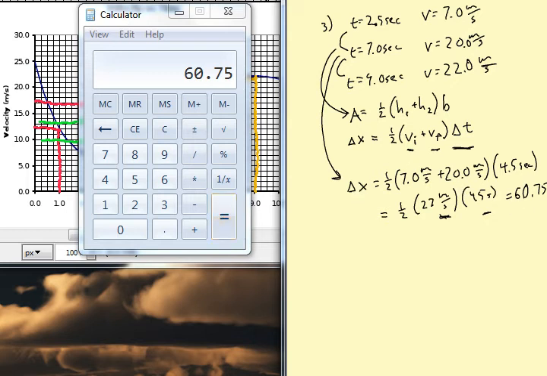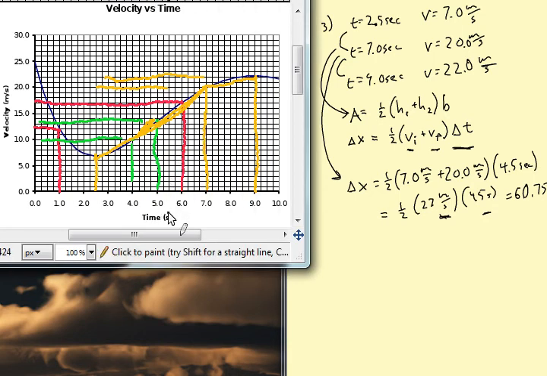And I'm just about off the edge there, but you know what I'm doing. This may seem a little odd, multiplying one dimension in seconds by another dimension in meters per second and then getting meters for your area. It's kind of weird, but it makes sense. It works. So that's for this first area. We found it was 60.75 meters, and then for the second one,